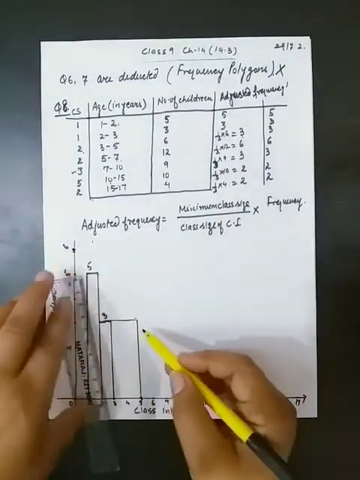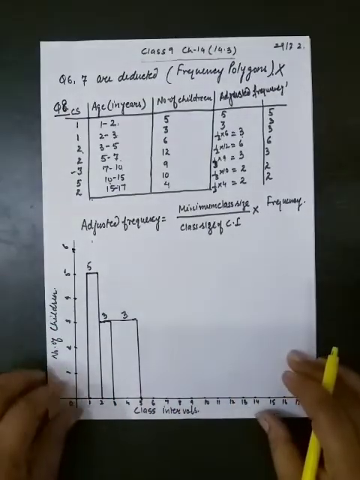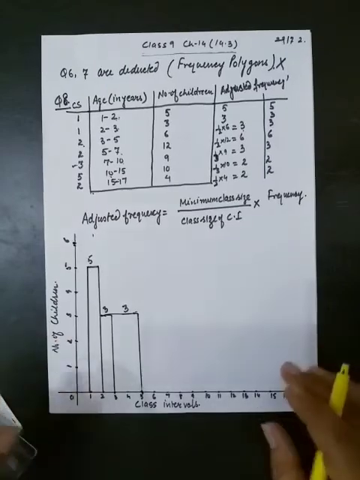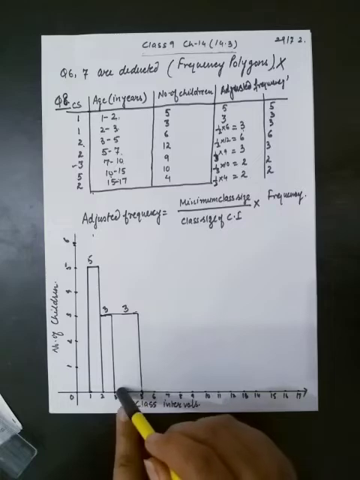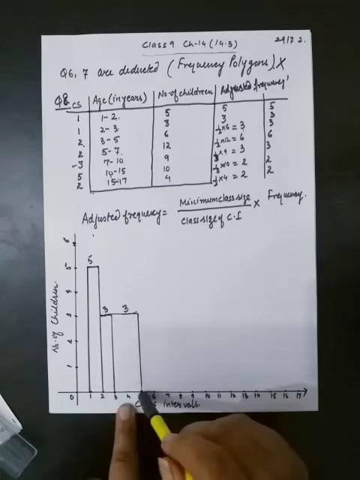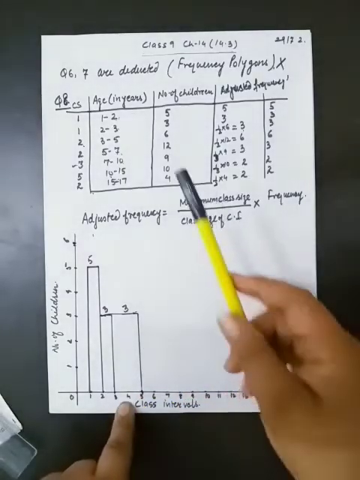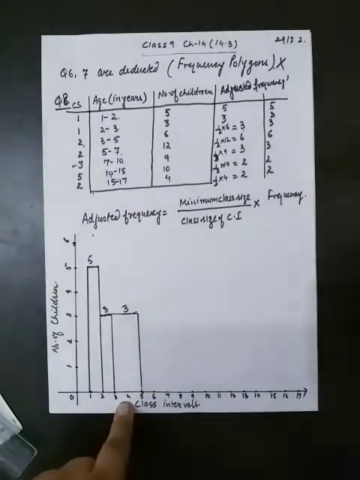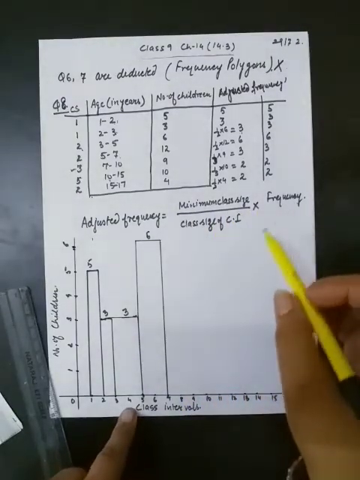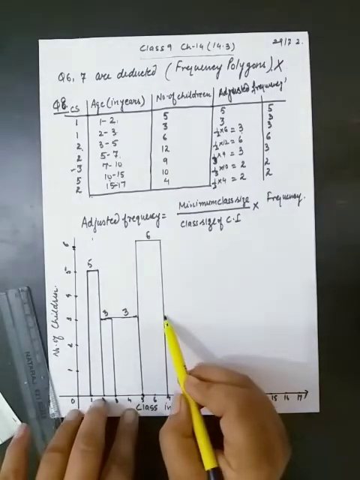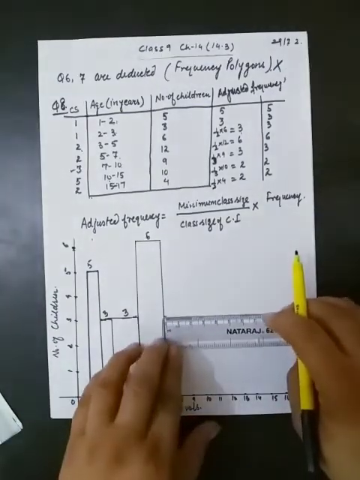So you can see the width of previous intervals or previous rectangles are not equal to this rectangle because the interval is 3 to 5. 2 है इसका class size and इन दोनों में 1 class size था. तो next जो है that is 5 to 7 and frequency is 6. Now next interval is 7 to 10 and frequency is 3. Direct this interval has 3 class size.